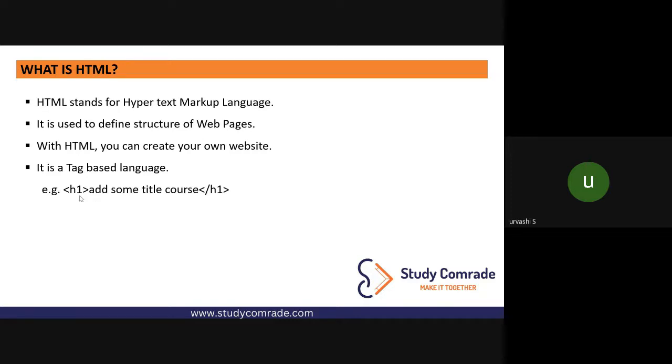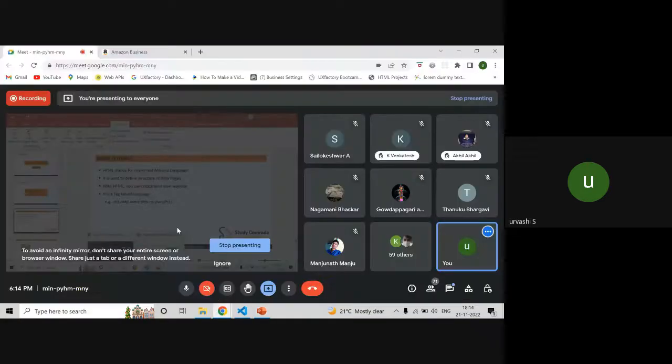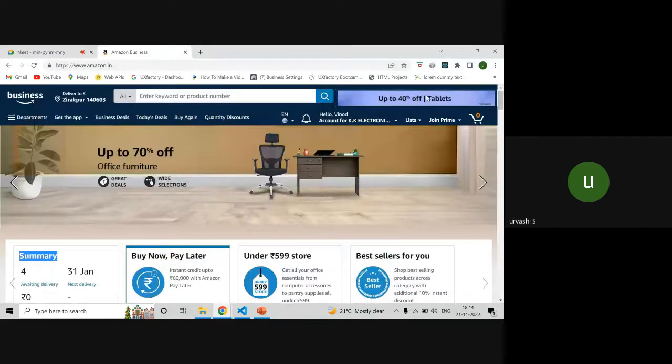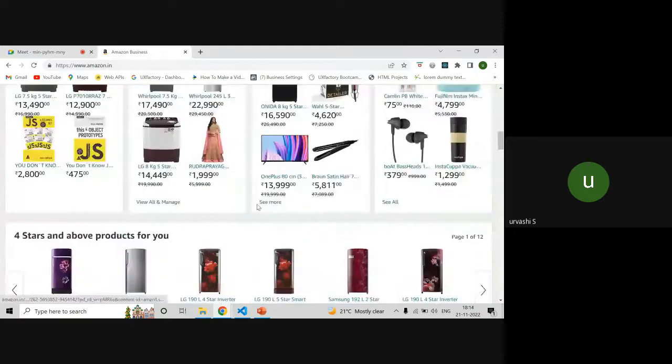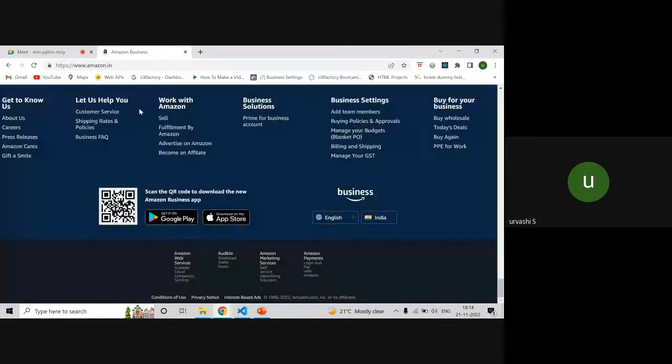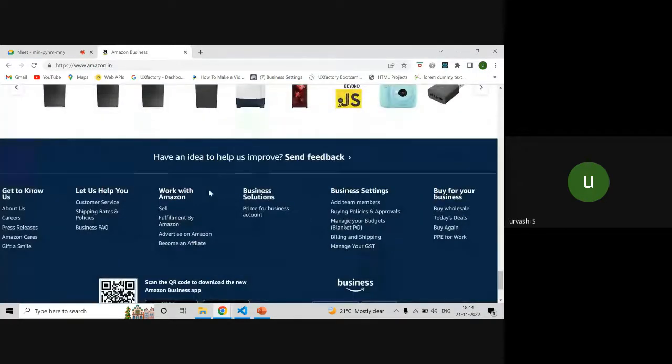So HTML basically stands for markup. Markup means it is telling the browser, marking to the browser how a particular content will look in UI. And it is going to help me define the structure of my website. Now, structure means if you see this website, the header is coming here. This is called the heading part. This is called the navigation bar. These are called different sections, and this is called the footer section. So you are actually defining a structure. What content will come? Firstly, the header comes, then different sections come, and then the footer comes.